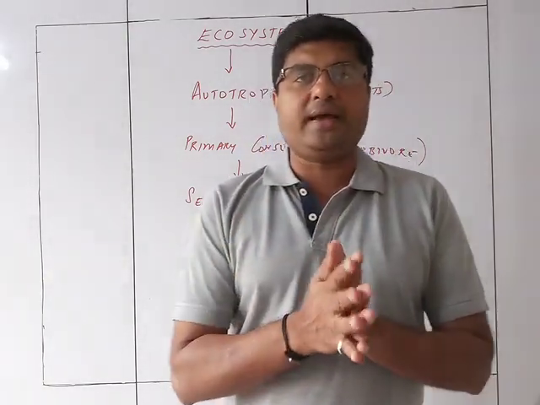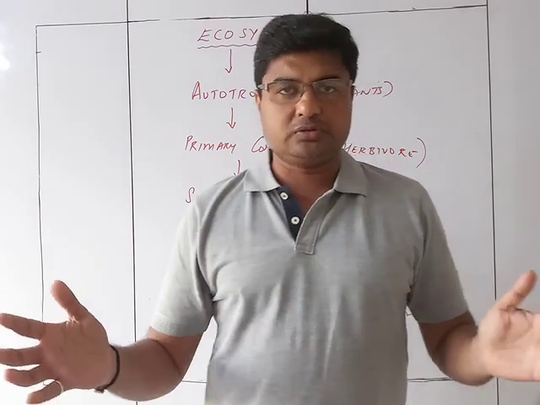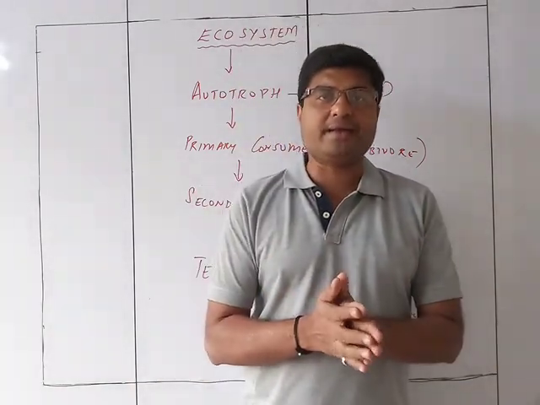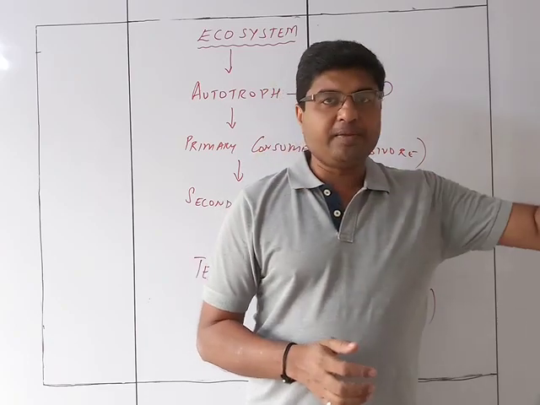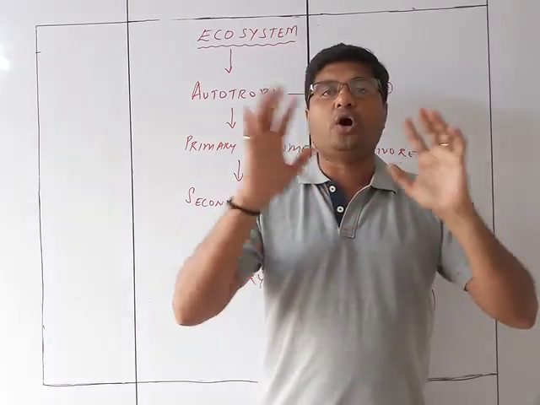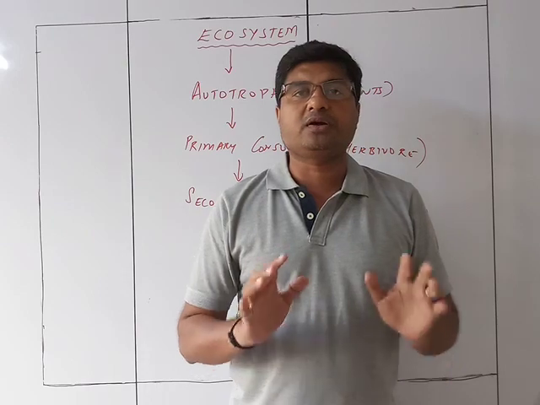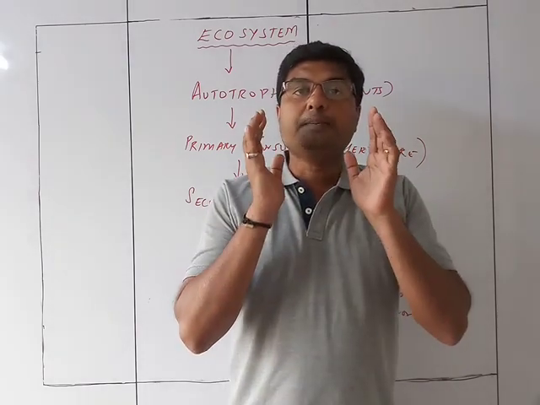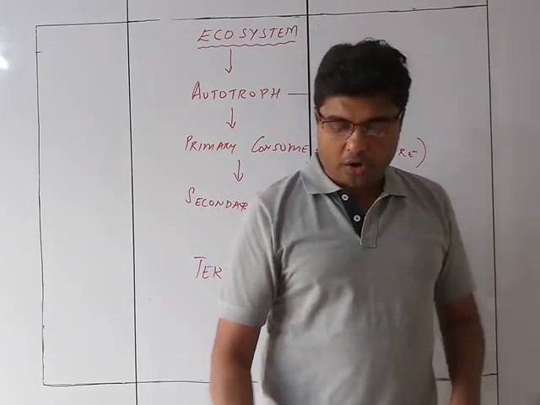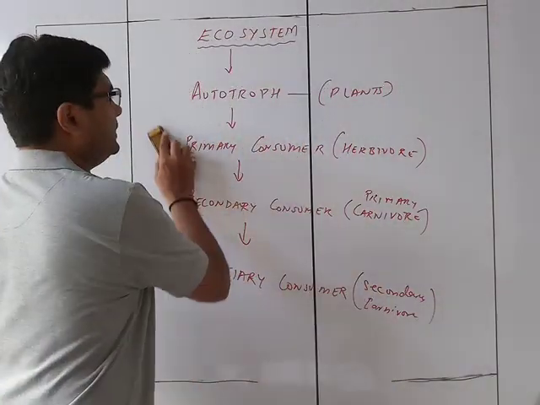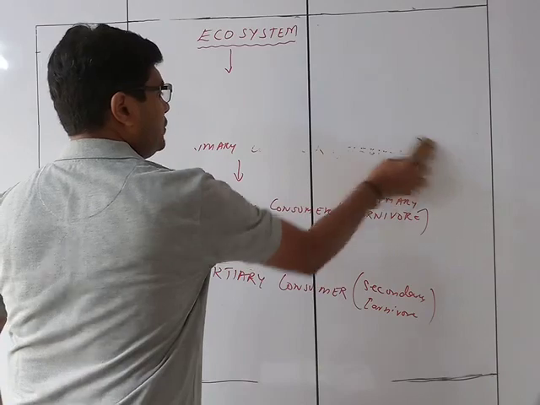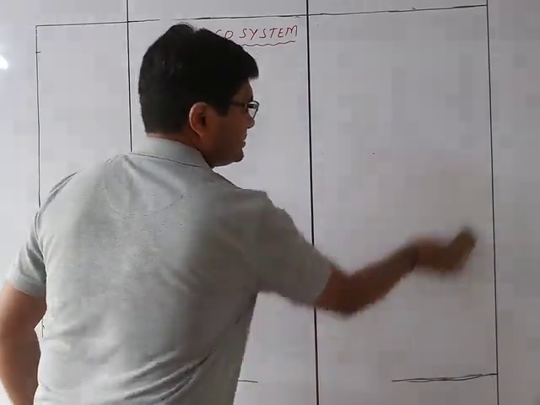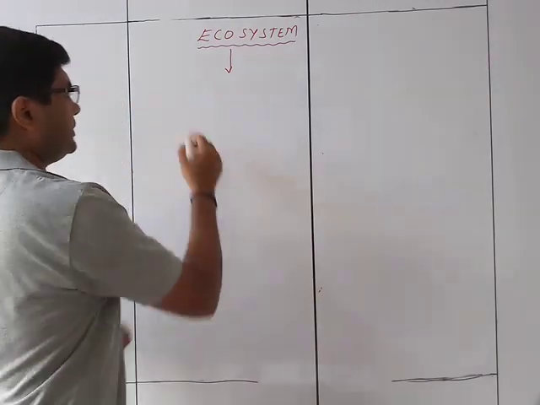So an ecosystem can have many components, but we will divide the components into two parts, which is easier for us to understand. One will be the living part. So all living organisms in that particular ecosystem will be considered the biotic component of the ecosystem. So we have over here that the ecosystem will be having two components. The first component will be the living organisms, that will be the biotic one,